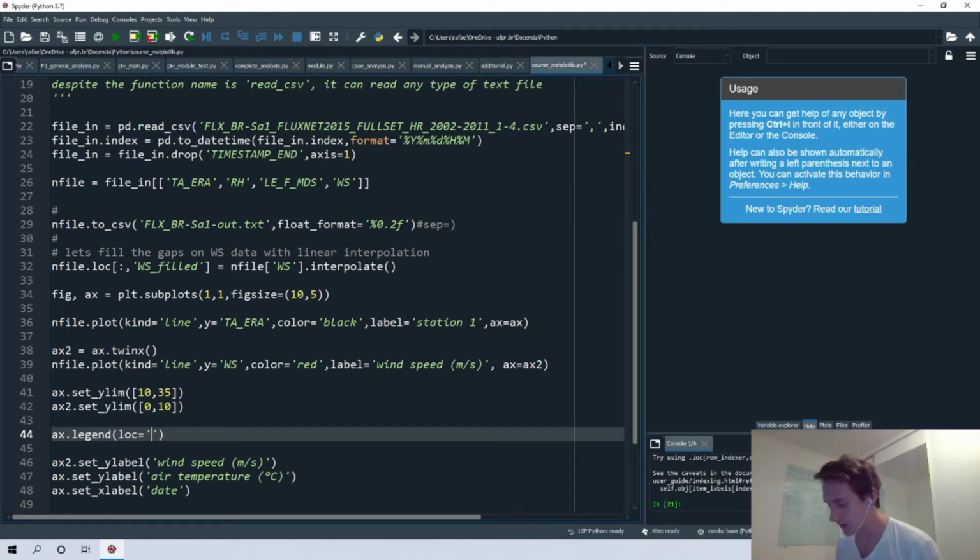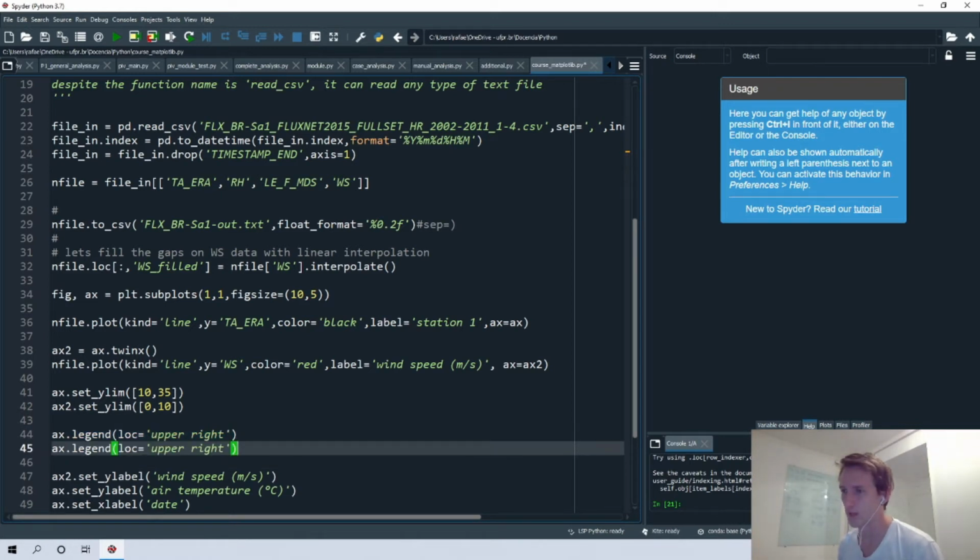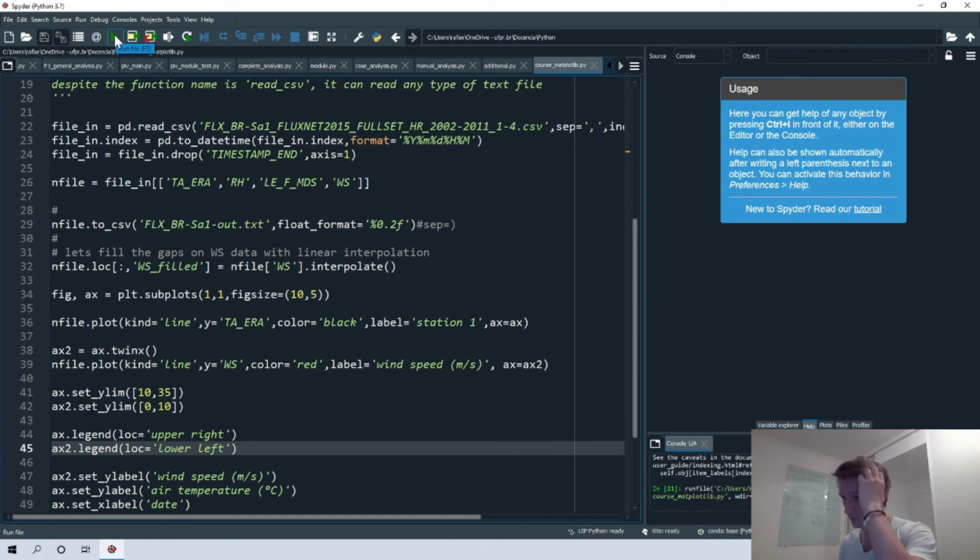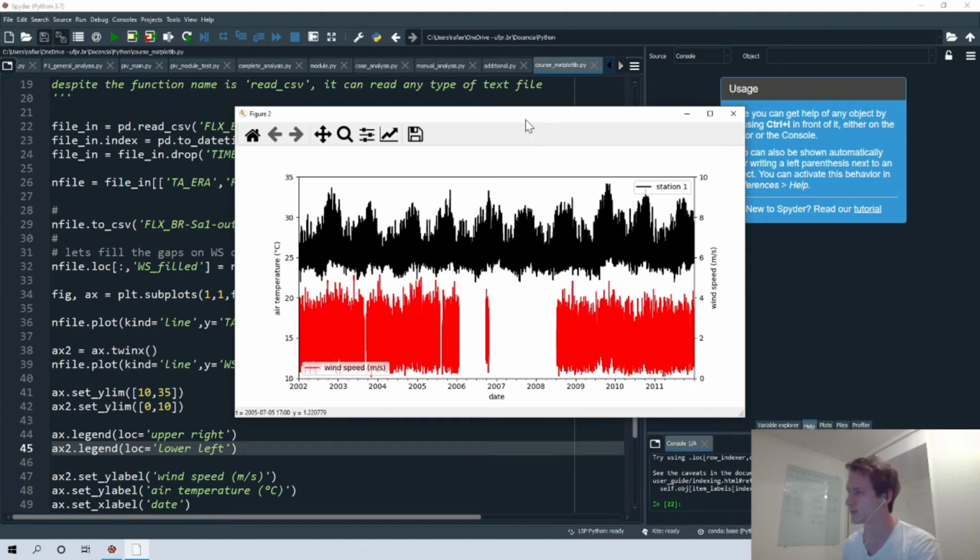The location we can, for example, define as upper right, and we must define the legend for our second variable, which is defined in the second y-axis, and we can specify it, for example, in the lower left region. So when you plot this, we have this value here. So it's much better now.